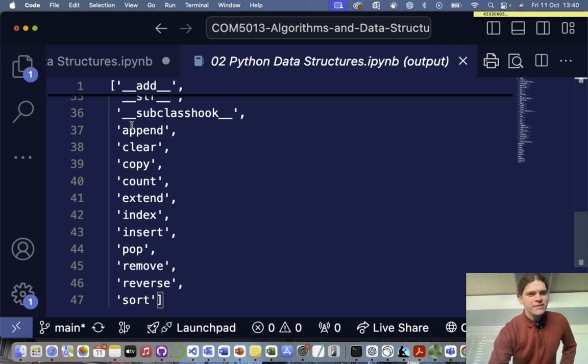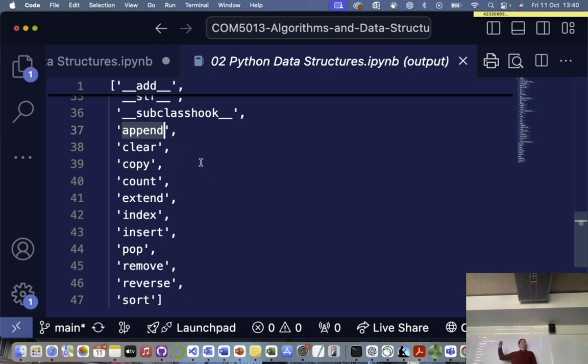So append. Let me ask you, where would append add a new value? Would it go at the end of the list or at the start of the list? No, it's not actually related to stacks or queues. If you translate the concept, you might be able to argue it. But think about those